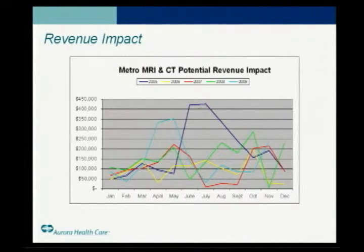In the area of MR, if I charge $1,000 a scan and I'm able to do 4 scans in an hour, that means every hour of downtime, if I'm at 100% throughput, translates to $4,000 an hour when that piece is down. Of course, finance won't accept that, so we've actually